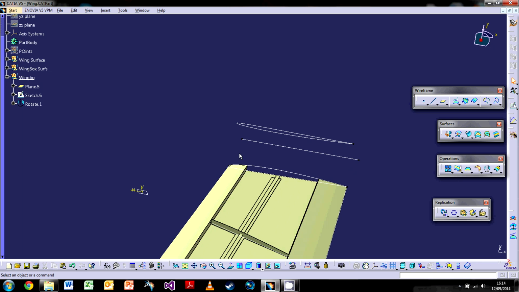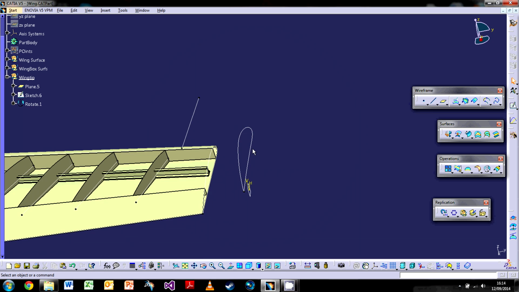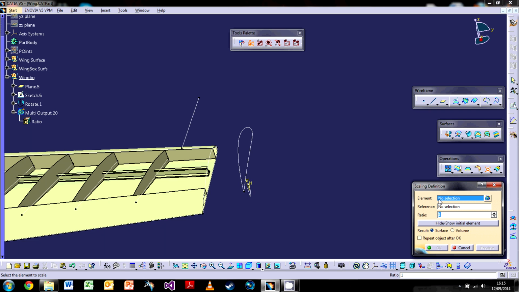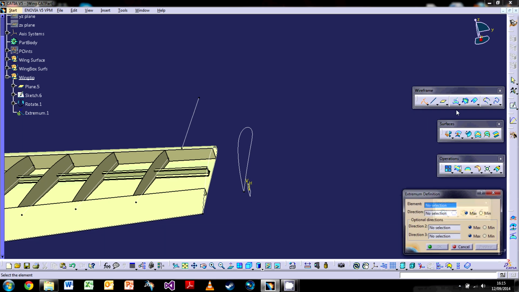We want it to be a bit further back in line with this. So what I'm going to do, first off anyway, is scale it. And the best way to scale this is, when you open up the scaling icon, you need an element to scale and you need a reference for it. So a reference will be a point. Now in this case I don't want the point to be any of these points back here, so I'm going to create a point via an extremum. And the way you do that is you click on the point on the wireframe and you go over to extremum, open that up. So the element in this case will be the aerofoil,